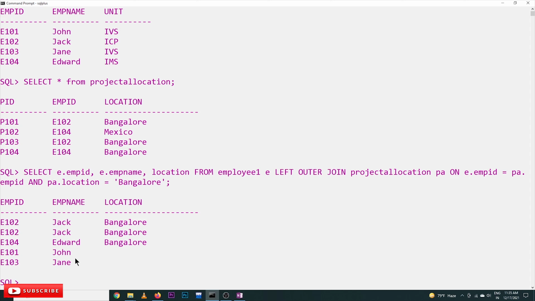For these, the matching employee ID is not there in the right table, but as it is the left table, all the rows should be there. The columns of the right table are displayed empty, because there is no matching employee ID for this employee in the right table.